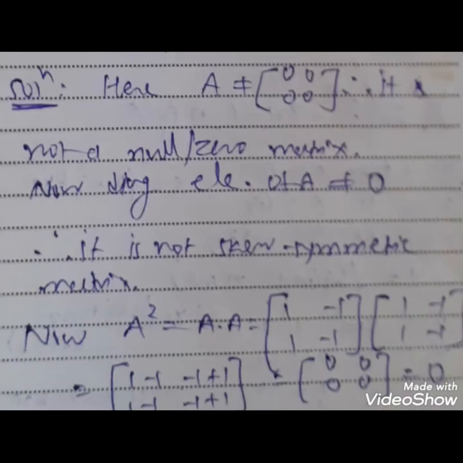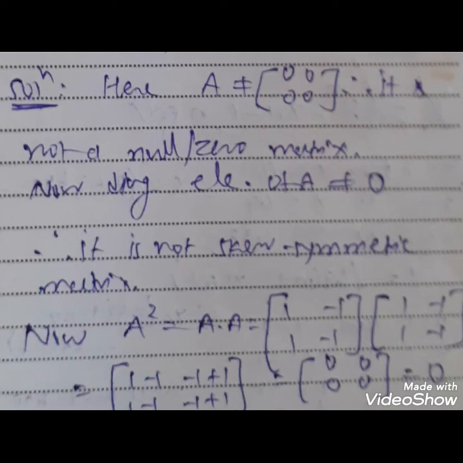In this solution, first we see that A is not a 0 matrix, means not a null matrix, and diagonal elements are not 0, so it is not a skew symmetric matrix. Now we have to check option C, means it's a nilpotent matrix and its index is 2. So here now we take A square. A square means A into A. A has the elements 1 minus 1 in the first row and 1 minus 1 in the second row. So we write 1 minus 1, 1 minus 1 in multiplication 2 times.